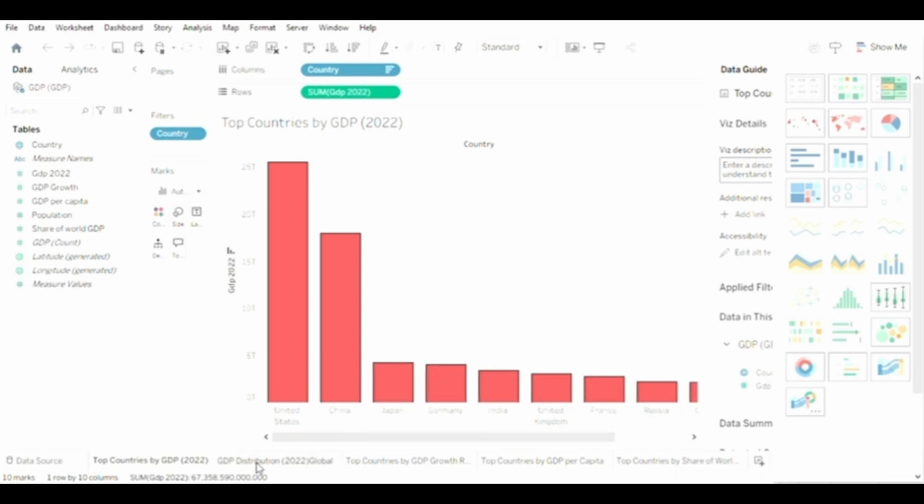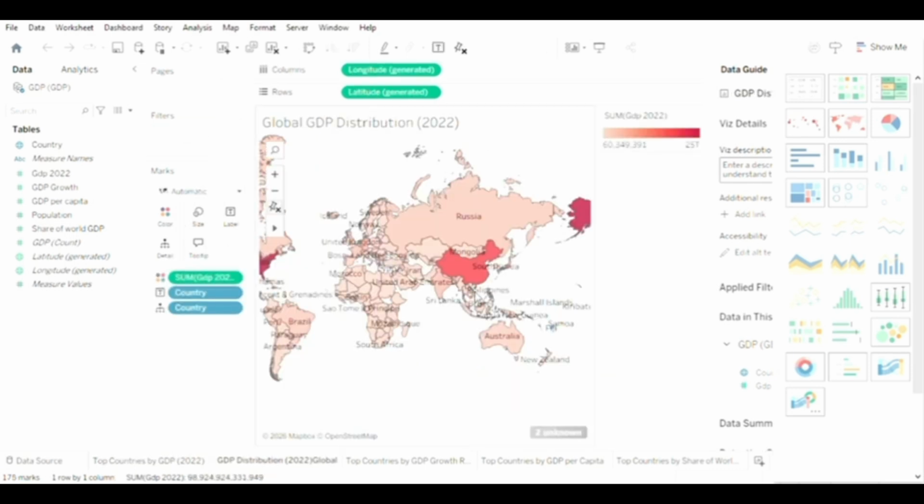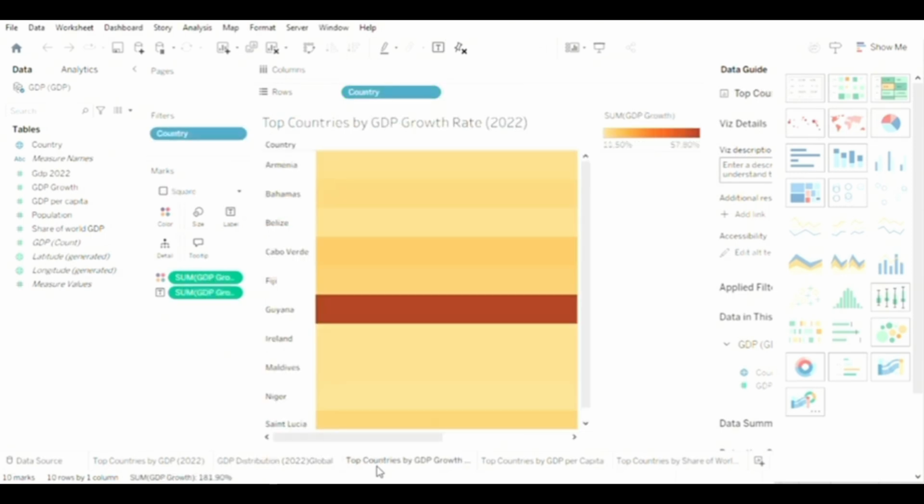Before importing into Tableau, we check the missing values. Next, we create the global GDP distribution map. We drag the country into the view, and then Tableau automatically generates a map. Then we add GDP 2022 to color. We use a color gradient to show differences, where darker